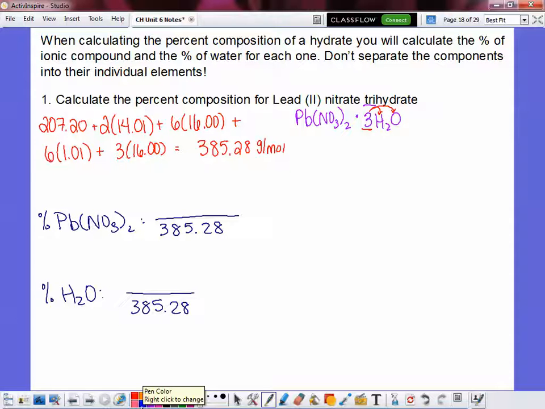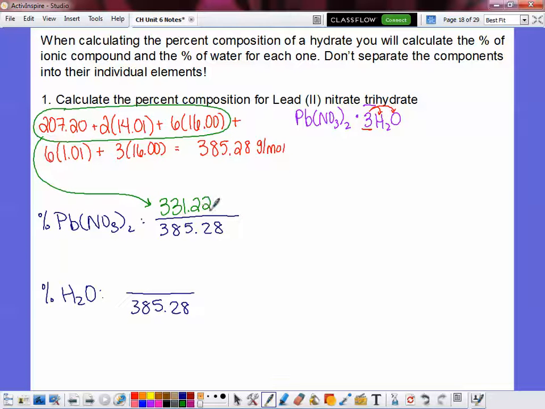The numerator is going to be the mass of those components. So for lead-II nitrate, we have this portion here. That was the mass of lead-II nitrate. So that's going to be my numerator on the percent of Pb(NO3)2. So I'm adding those back up, and I got 331.22. And then I'll multiply that by 100. And I'm getting 85.97%